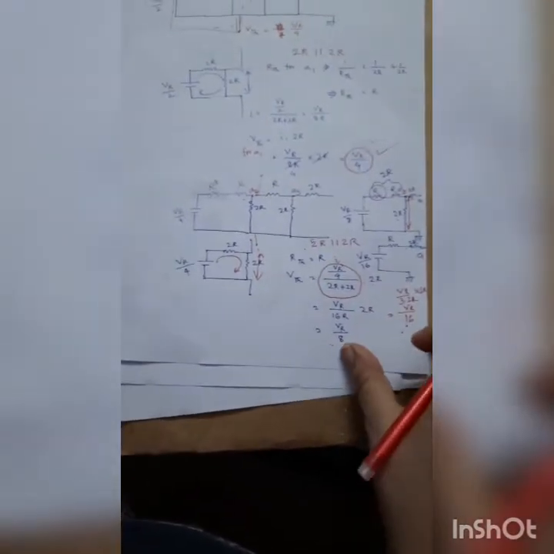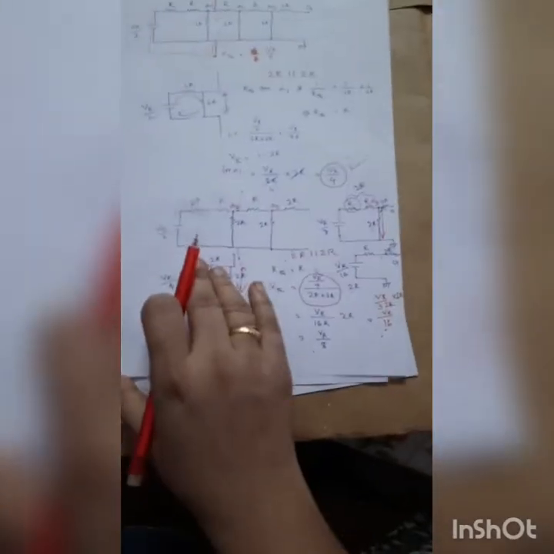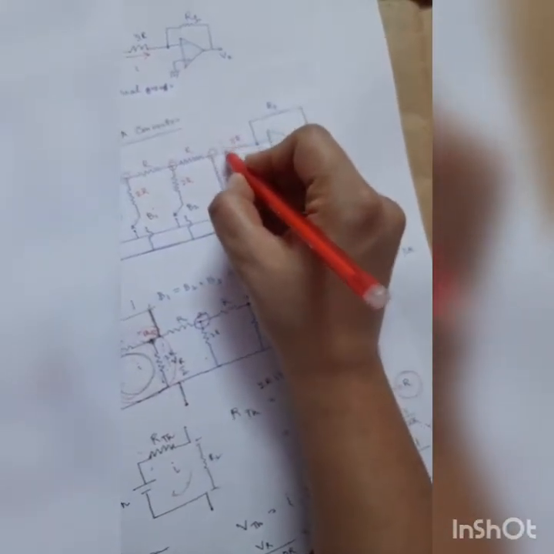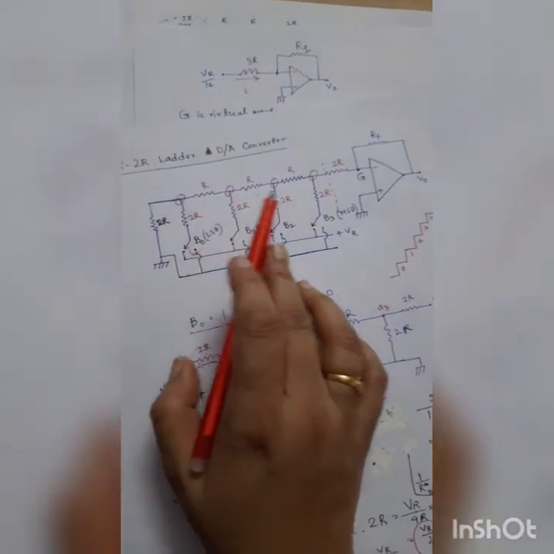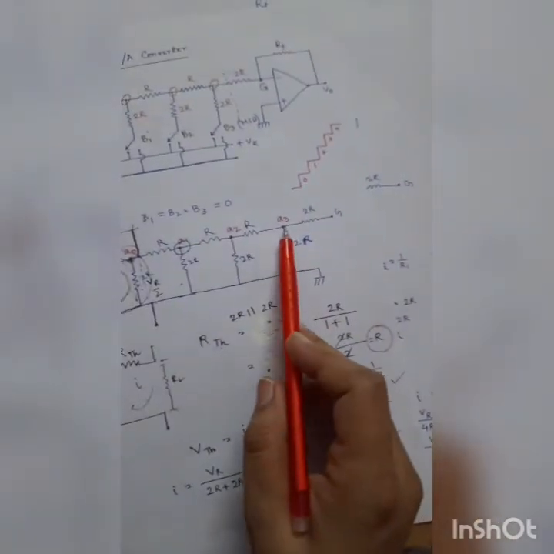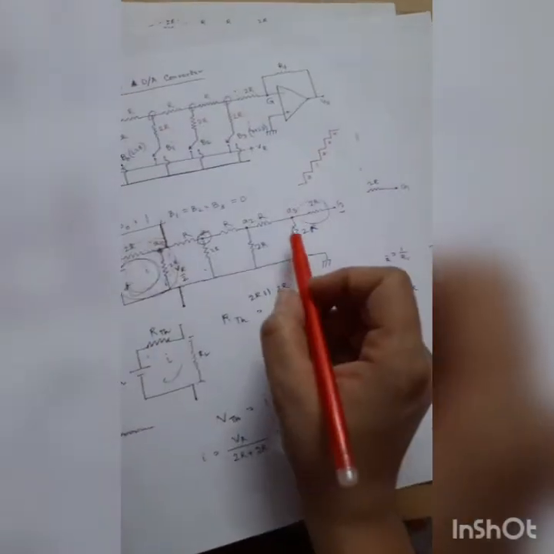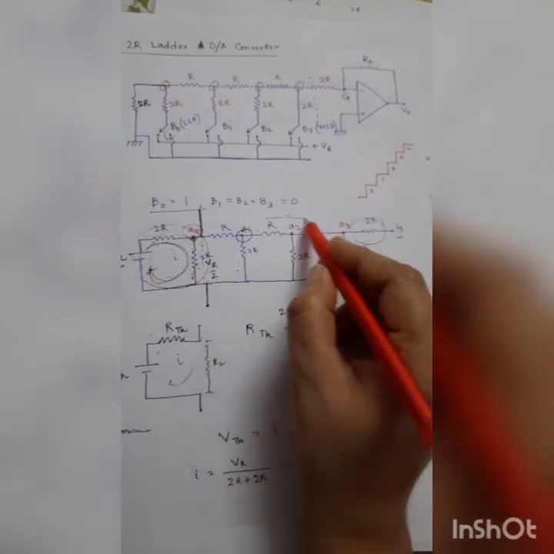So VR by 16, and the equivalent resistance will be R. If we see the circuit here, up to this point, this is A1, this is A0, A1, A2, A3, so up to A3. Then there is a 2R before going to G. So the equivalent resistance of this whole circuit